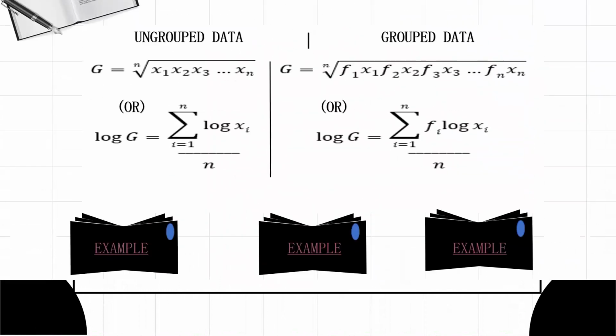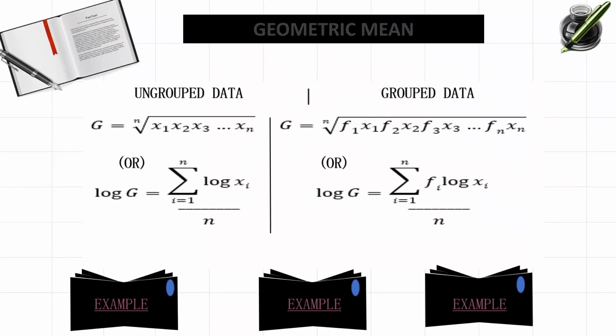First let's begin with geometric mean. Geometric mean is a kind of average of a set of numbers that is different from the arithmetic average. Geometric mean is well defined only for sets of positive real numbers. This is calculated generally by multiplying all the numbers given in the data and taking the nth root of that product, if suppose n observations are given in the data.